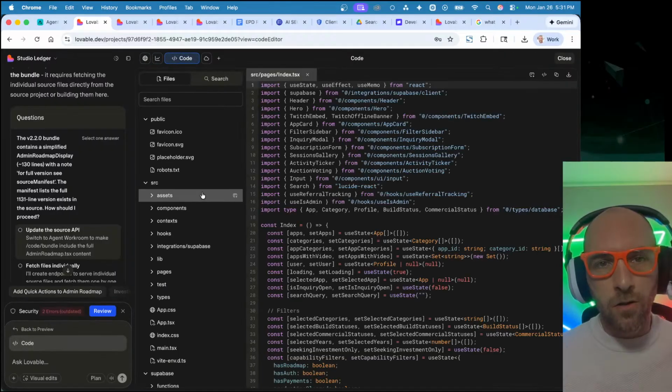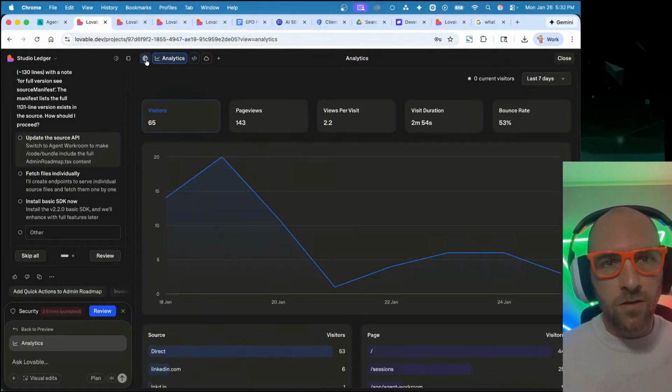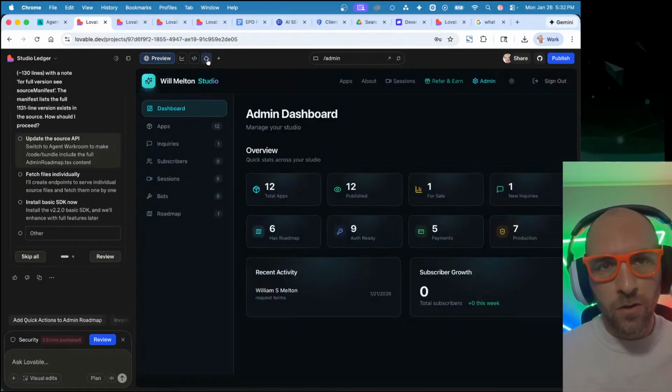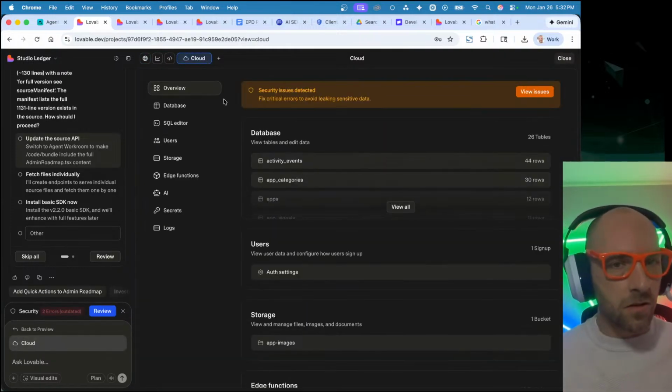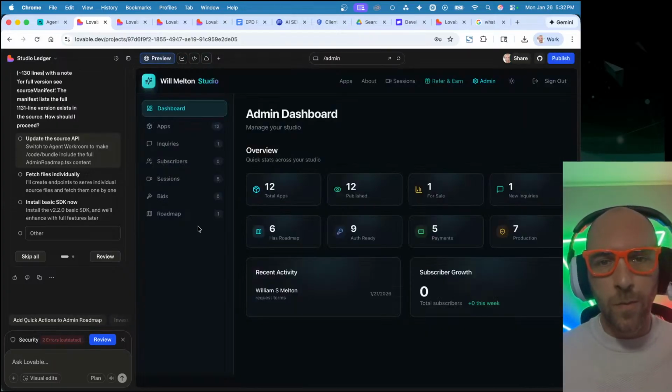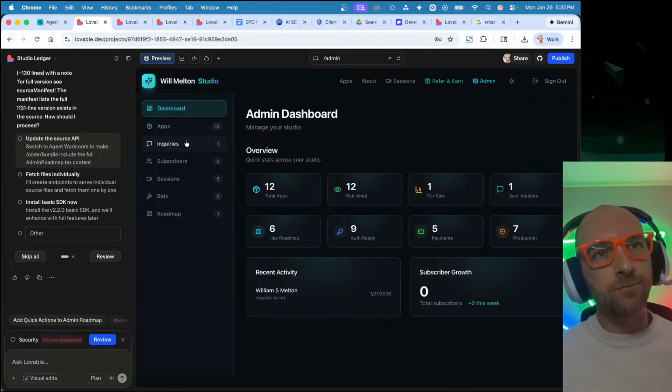So you can see your code, you can interface with the code using the chatbot. You can see your traffic, you can see your preview, and all of your cloud features. So your AI, your database, your various connectors, all the things that are going to power your React application.